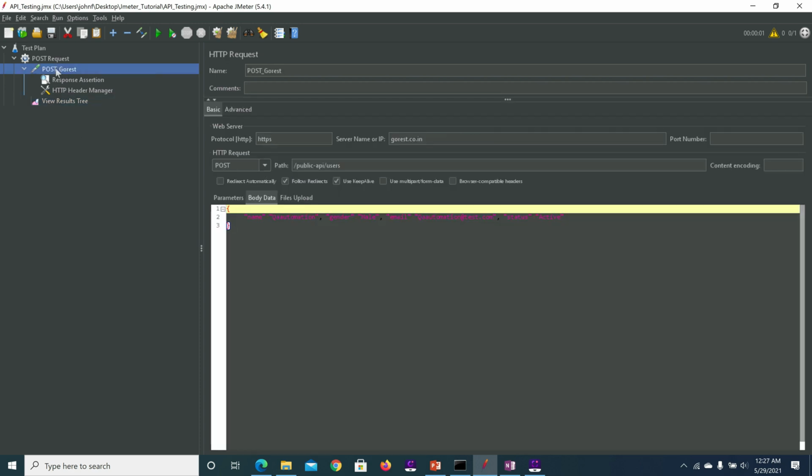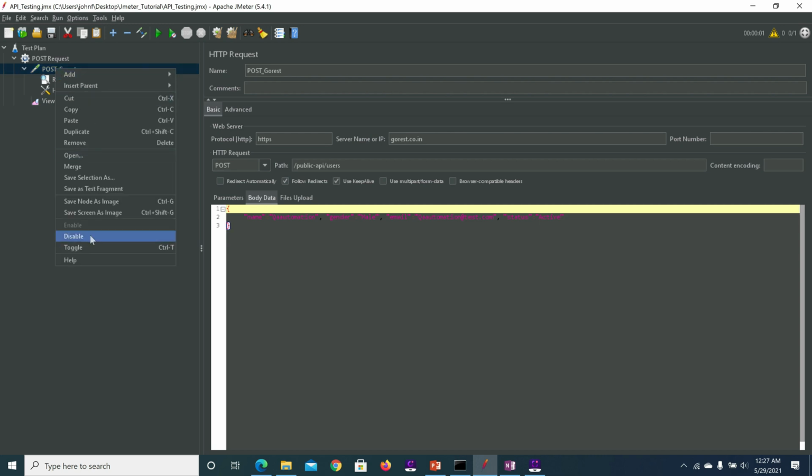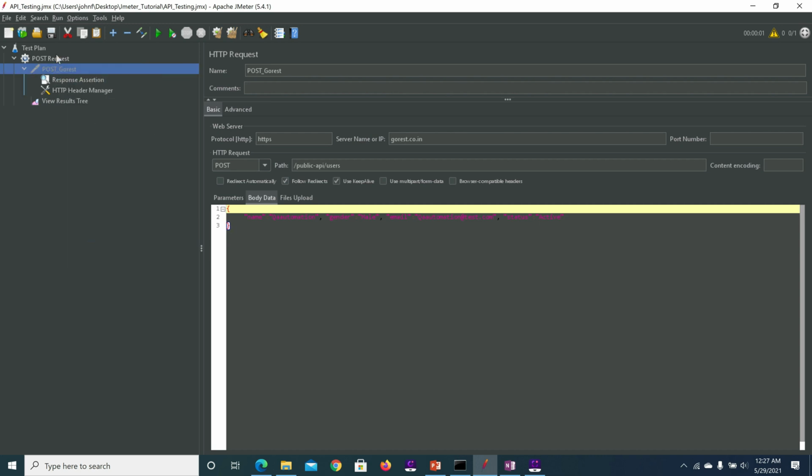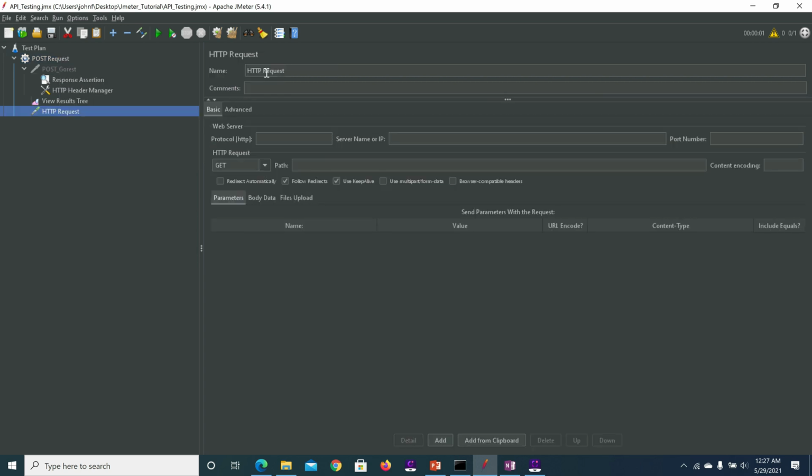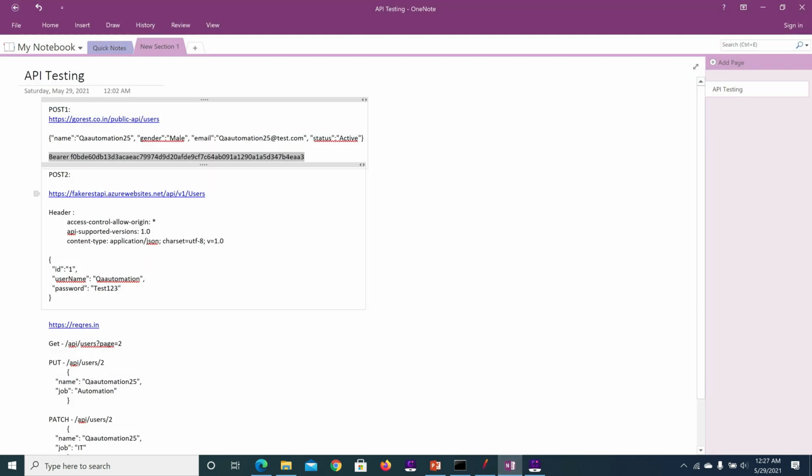I am disabling this post request now. Right click, add sampler HTTP request. Here I am going to add this URL.